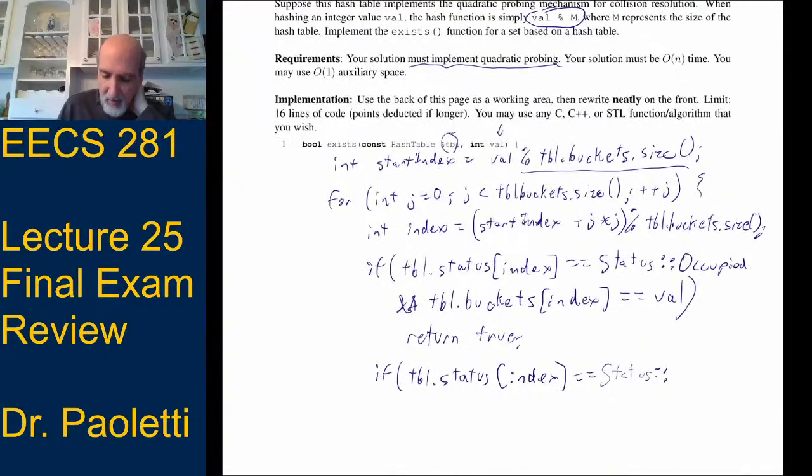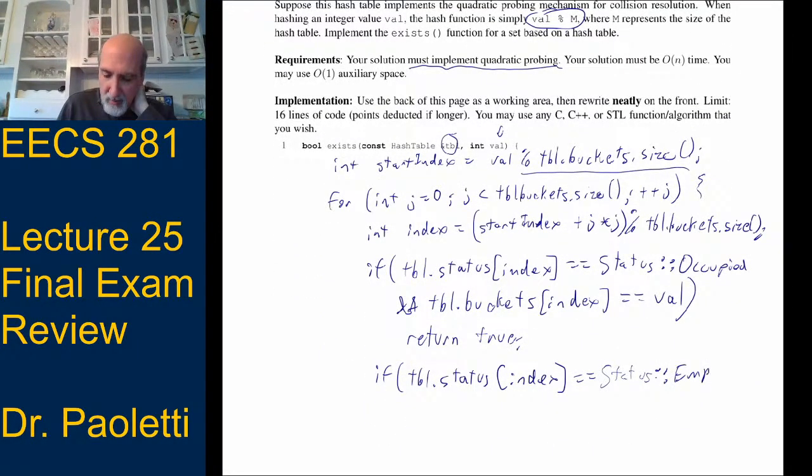Yep, empty. So if I find an empty one, I can immediately return false. And if it's deleted, we just keep the loop going. So that's basically the end of my for loop.